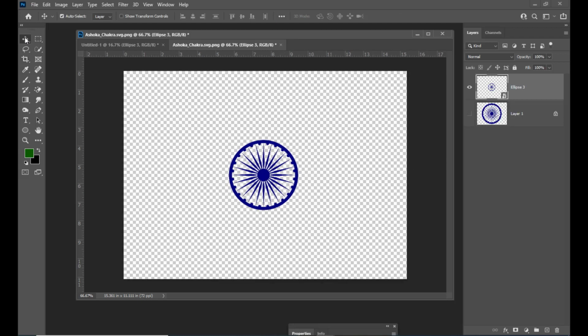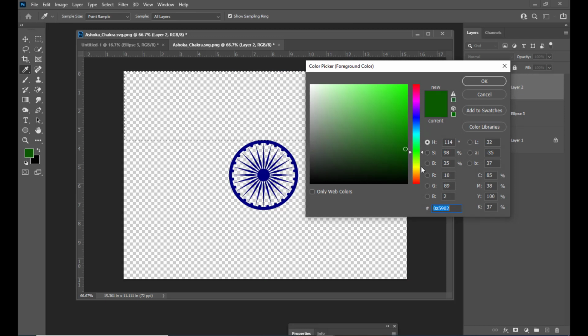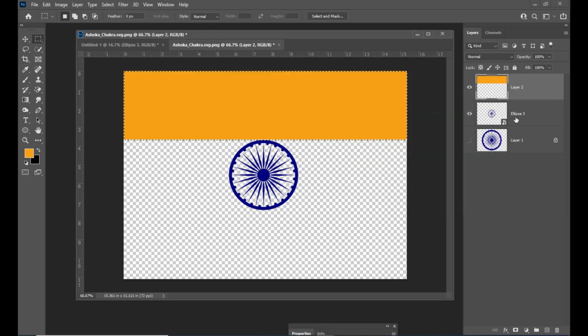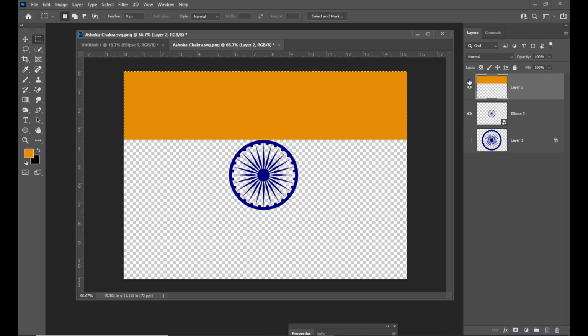Right. And now we'll just take a new layer. We'll use the rectangular marquee tool and we'll just create a rectangular selection, and we will fill this selection with a pure orange color, or we can say a light orange. Right. We can slightly make it dark. Right. And we will just drag